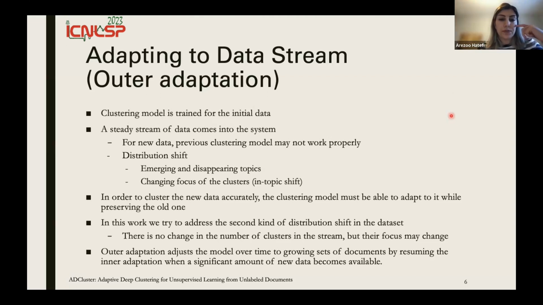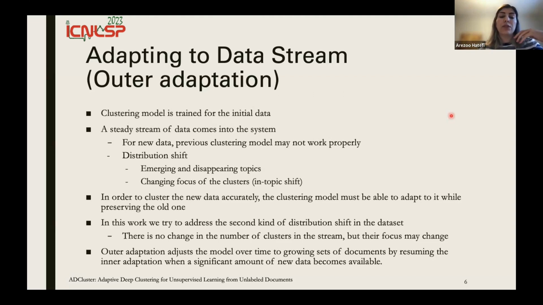And in this work, we try to address the within-topic distribution shift. So the number of clusters remains the same over the stream, and just the focus of some of the topics may change.